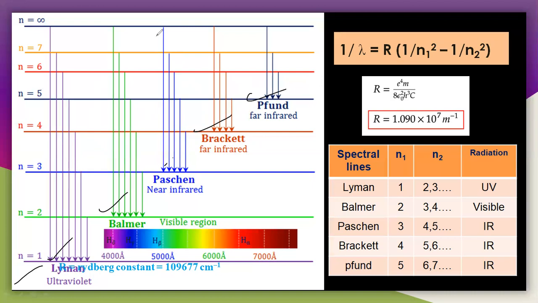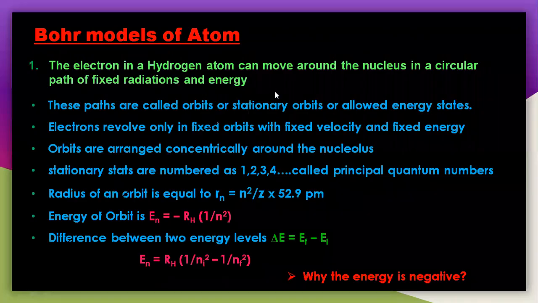So we will discuss all the calculations about the values in the next session. But simply you can understand the lines, whatever emission lines appeared in the hydrogen spectrum here. So that is completely about the atomic spectra. I will tell you the calculation part in detail, everything, in the next session here. But simply let us understand the theoretical part of the atomic spectra and the Bohr's atomic model here.